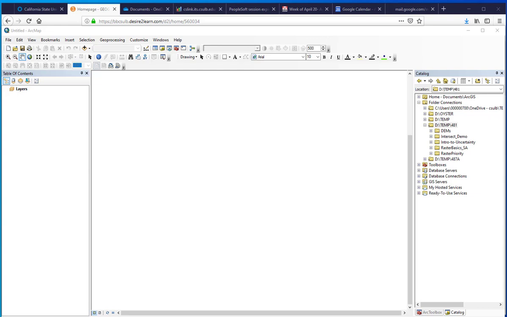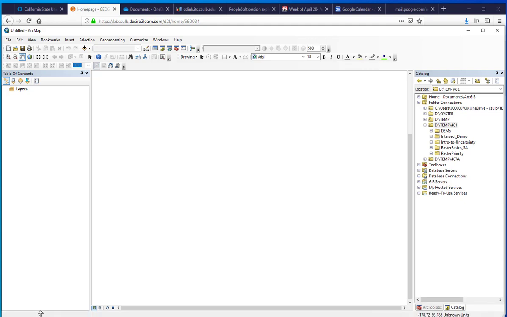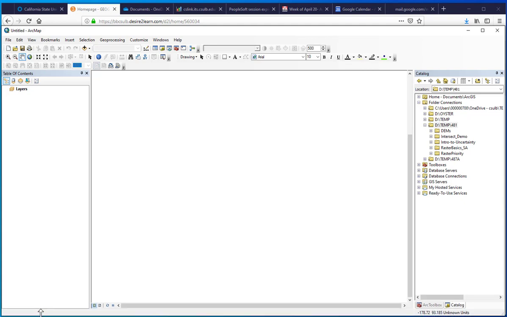In this demonstration, I'm going to show you how to obtain a digital elevation model from the web using the National Map Viewer. Now, the first step in doing this is to obtain an area of interest, referred to as an AOI. For this particular example, we are going to use an area of interest pertaining to the Malibu,